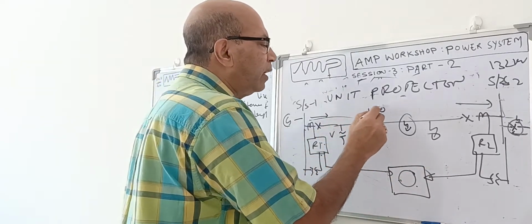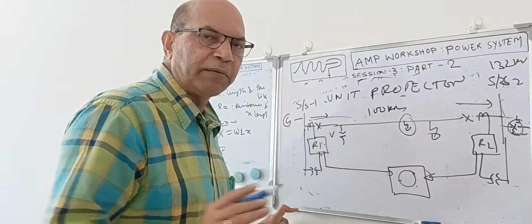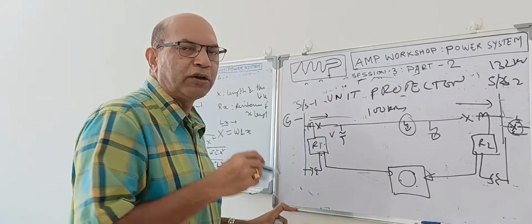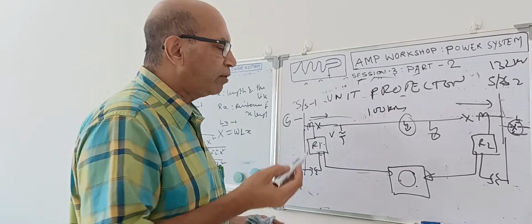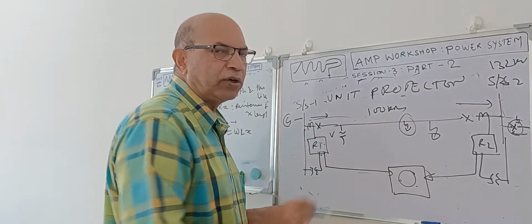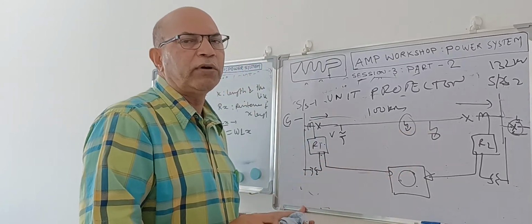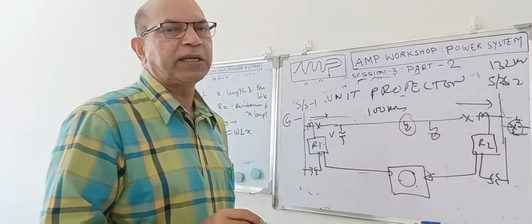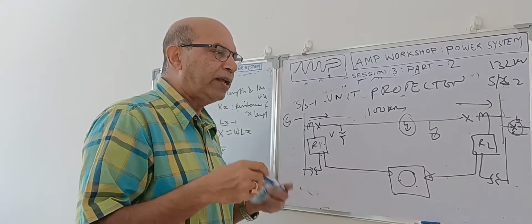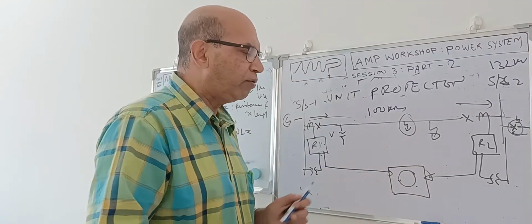But suppose this is 100 kilometers in length, so we cannot do that. The differential needs wiring, and we cannot do wiring over 100 kilometers, maybe it has to travel over a mountain or through the sea. What we do is use a telecommunication channel. Or if it is a power cable, then we can put a fiber with the power cable, and that fiber can do the job, or through the telecommunication channel we can put a comparator to take the signal from one end to the other end. In that case, this power line itself can be used as a carrier, as power line carrier communication. In that way we can compare, and we call it the carrier rated scheme. These details we will discuss afterwards. So in this way the distance protection can be converted to a unit protection.